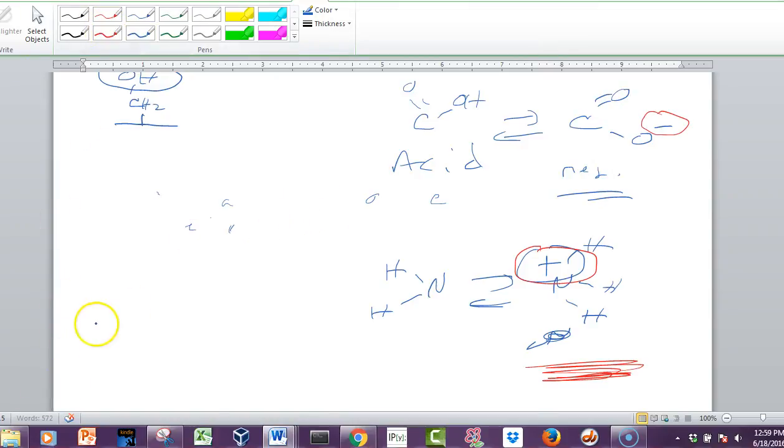So if you have a side group, like a methyl group, for example, and if you look at all the structures of these different molecules, you can see that the nonpolar ones, all they have are carbons and hydrogens, maybe something like that. And so those are nonpolar, they're non-charged, which makes them hydrophobic.